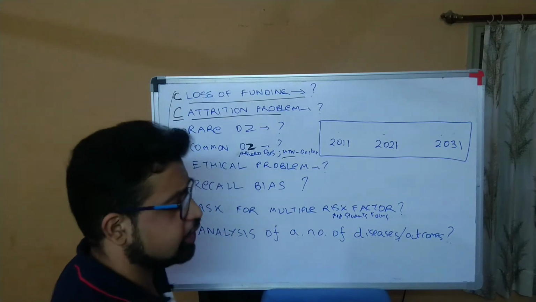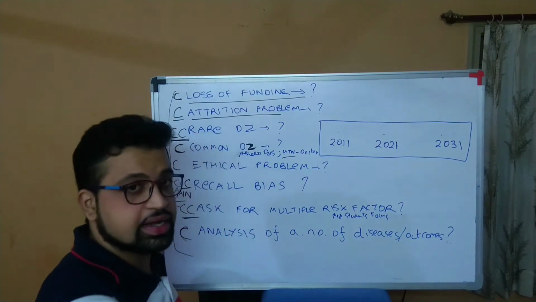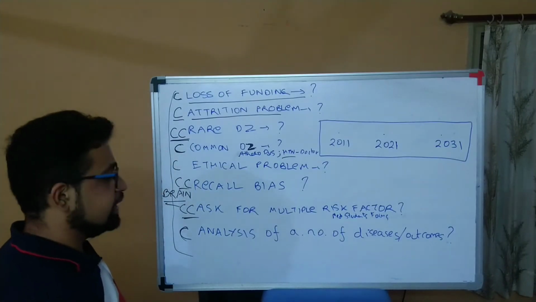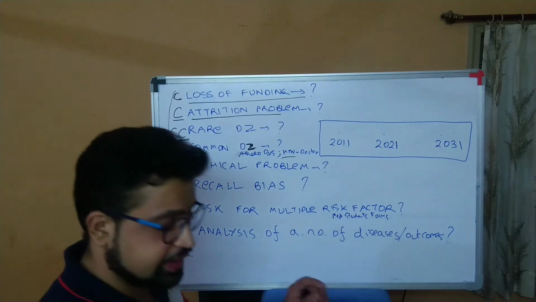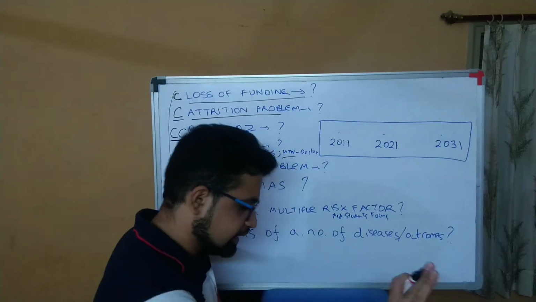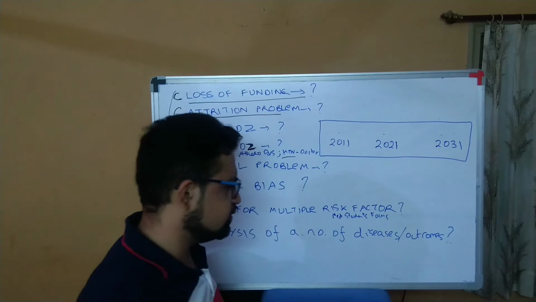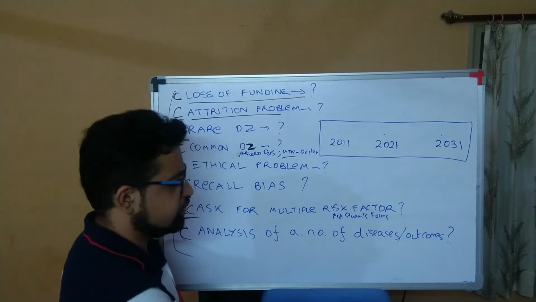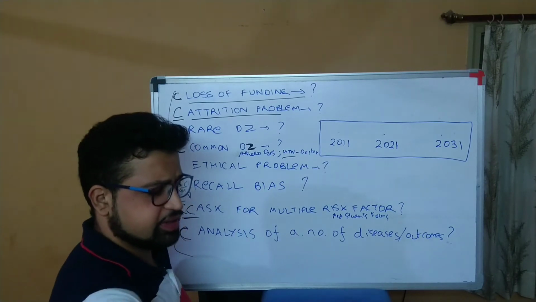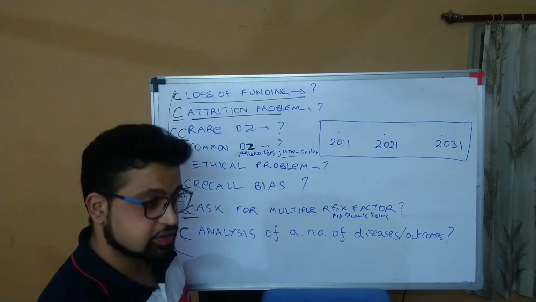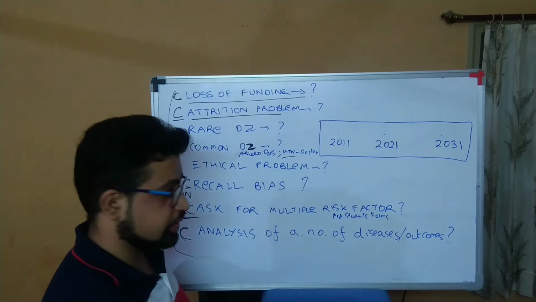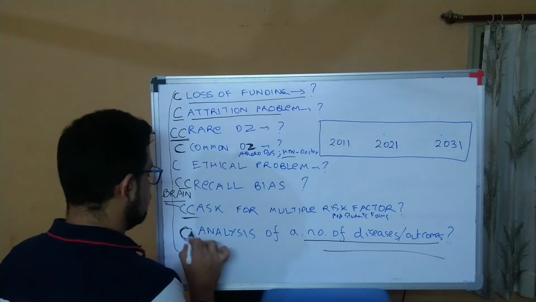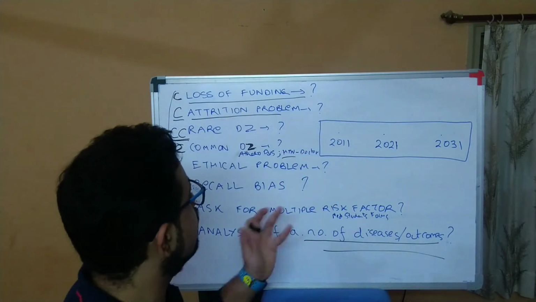For 10 long years you are following up. Some might be developing lung cancer, some might be developing some other lung fibrosis, some other lung issues, parenchymal problems, right? So you can go for a number of diseases. In case control, what do you do? You are selecting 100 lung cancer patients, going retrograde. A single disease you are focusing on. In cohort, for 10 long years you are following them up, antegrade. Multiple outcomes. If 20 patients get this problem, you can study it with this risk factor. This could also be an association. So a number of diseases could be studied in cohort, right? So all this, I hope you are clear with that.